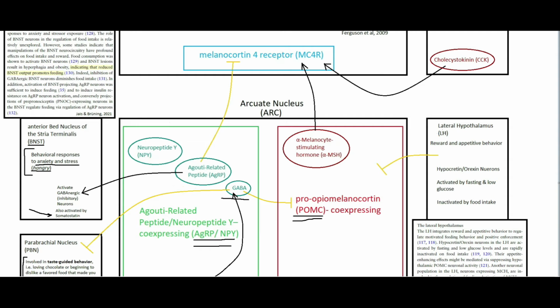So I also have here that the lateral hypothalamus, which is just another nucleus in the hypothalamus, which is involved in reward and appetitive behavior, is actually inhibiting the stop eating neurons. And that makes sense if this is telling us we want to eat that because it tastes good, the reward and appetitive behavior is going to inhibit our ability to not eat it. That's why when you have some chocolate sitting out, it can be hard to not eat it all the time because of this lateral